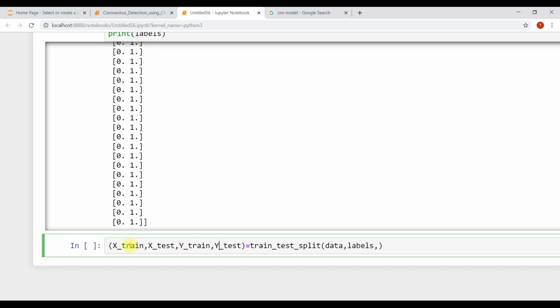So X train's label is Y train and X test's label is Y test. These two are your image data, these two are your label data. So data, labels, test size should be 20%. That's how we write.